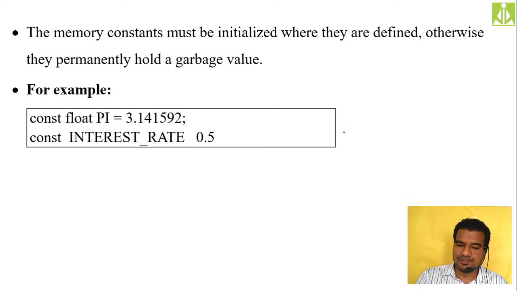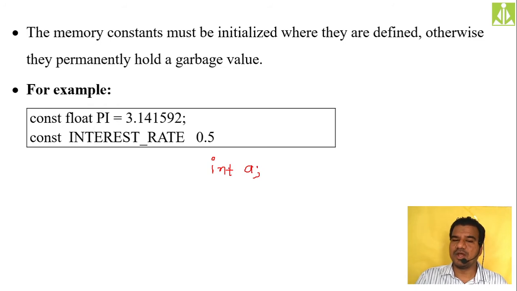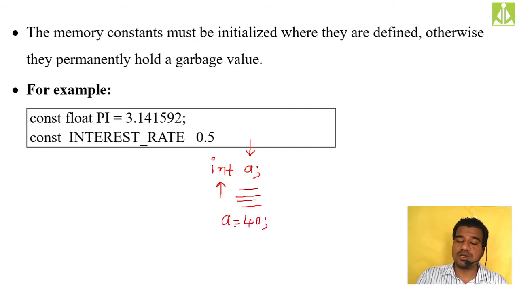So let us assume int a. It is a normal variable. You can make a normal variable uninitialized. So here we are giving the name, this is declaration, and we are specifying the type, this is definition, and we are not assigning any value. We are making this variable uninitialized. Then we are writing some statements in our program and at some point we are making the value as 40. So now what will happen?